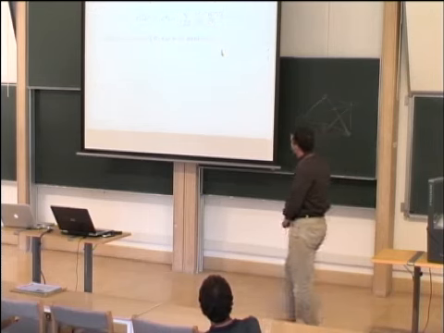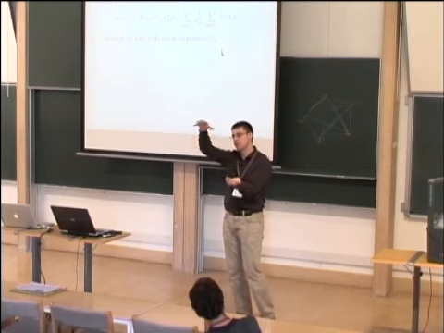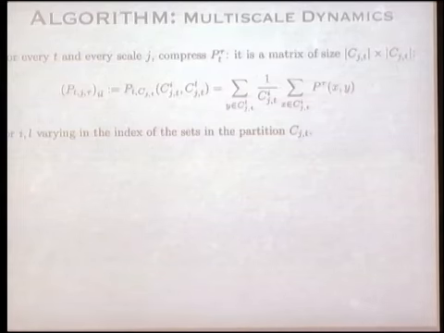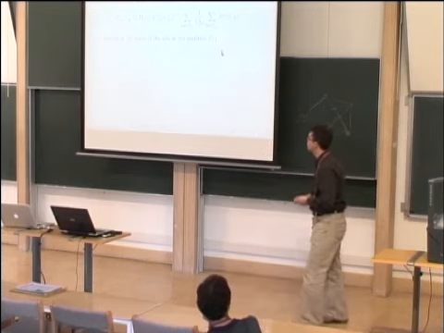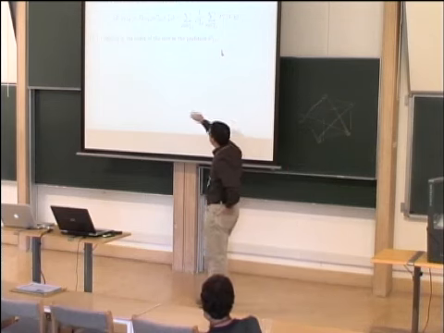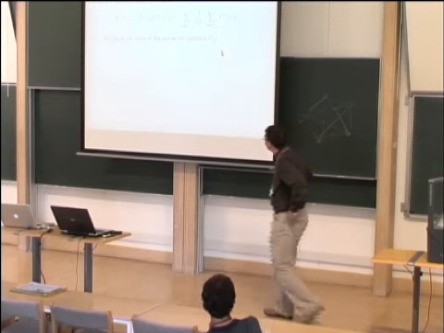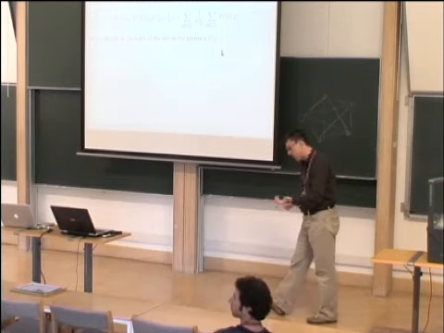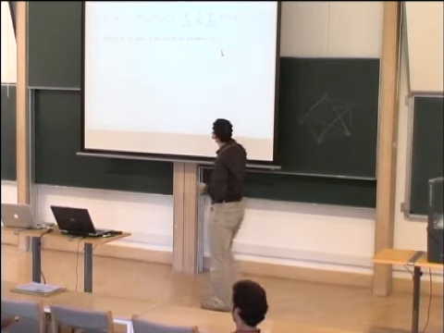Now, how are we going to measure how much a piece of a graph changes from time t to time t plus 1? I would like to extract a number for how big that change is. The way we do that is by using a random walk projected onto these multiscale partitions. So I define the random walk. The sub-indexing, unfortunately, is a little bit messy. P sub t denotes the random walk on the graph at time t. That's why I put t at the bottom and not at the top.